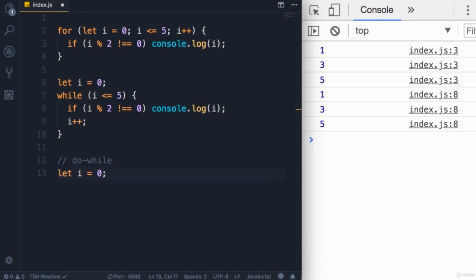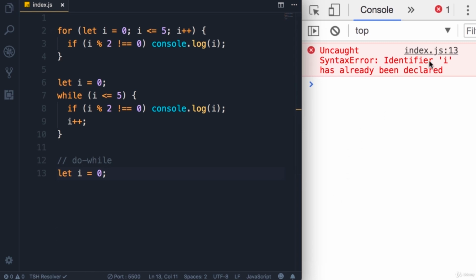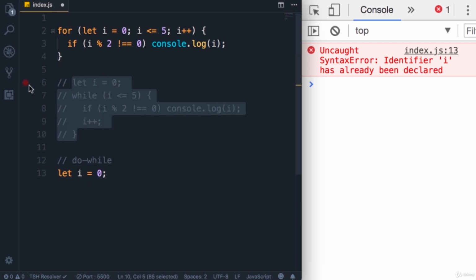Okay, now if we save the changes, we're going to get an error: Identifier 'i' has already been declared. Because I have declared i here, so I cannot redeclare it here. This is different from the i that we have in the for loop. Again, this is all about scoping, and I'm going to talk about that later in the course. So to make this work, I'm going to temporarily comment out these few lines and rewrite this logic using a